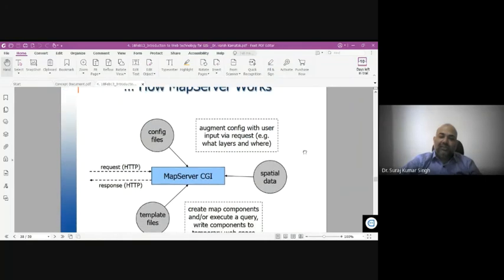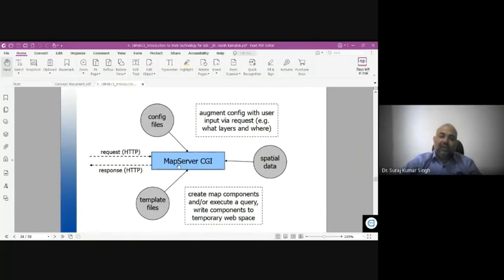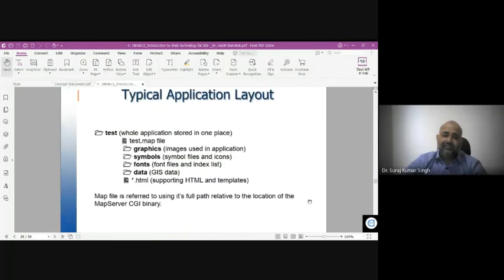So how does this MapServer work? You've got a MapServer configuration where you've got a template file and a spatial data file, interconnected to each other, and where the configuration is augmented with the user input based on layer, and where it is executed, and all the creation of map components and query components and temporary web space is created.